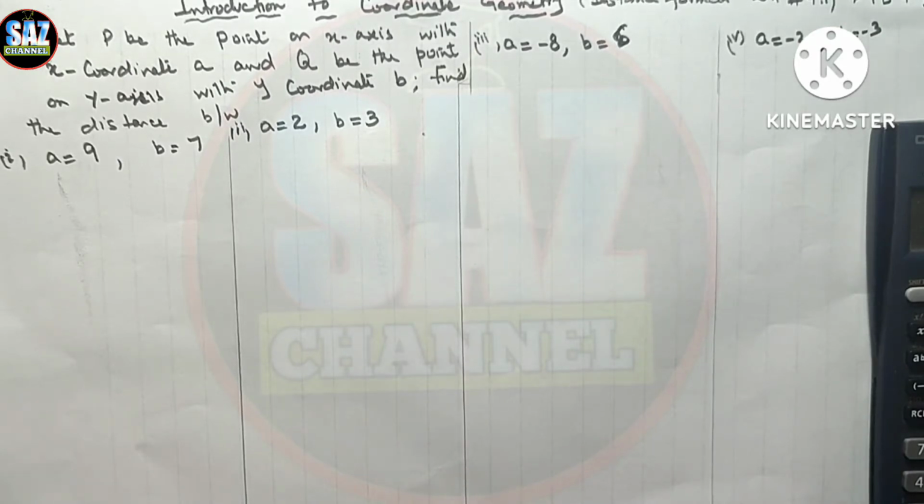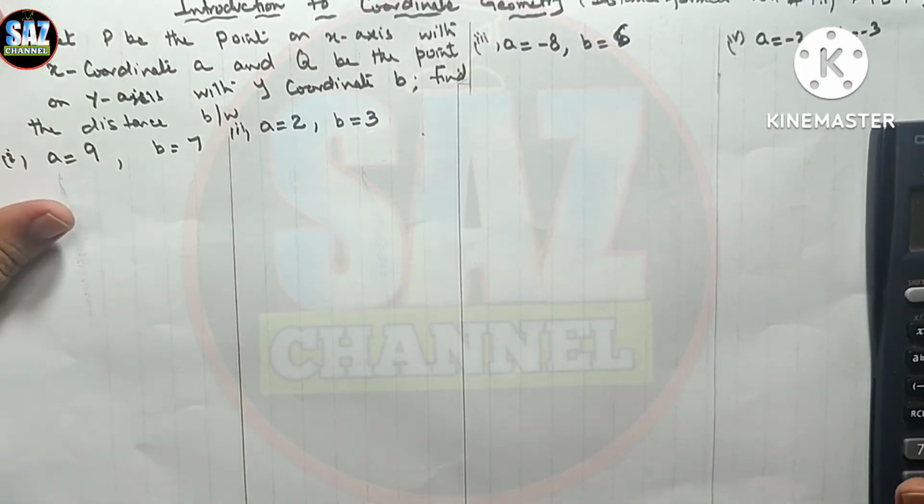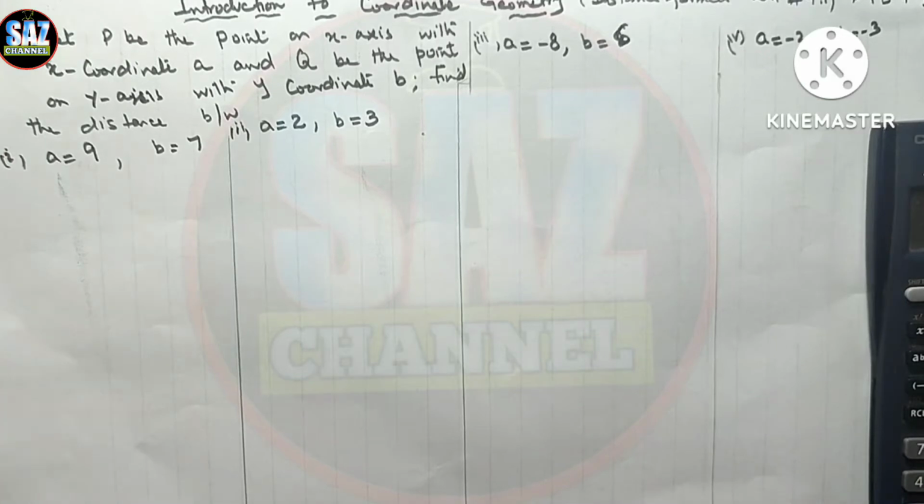This is my second lesson of exercise 9.1, PTB class 9 science group, and the topic is introduction to coordinate geometry and distance formula. In this class, students will be learning and discussing question number 2 of the exercise, and I hope that you have watched the previous lesson and understood it properly, because these lessons are important for your Lahore board and Punjab board